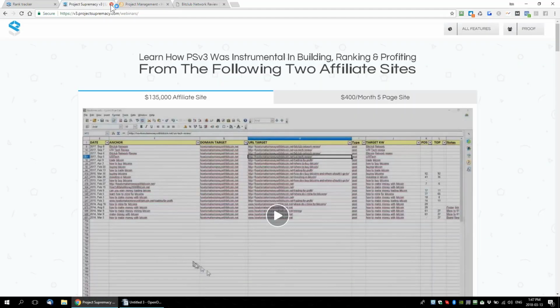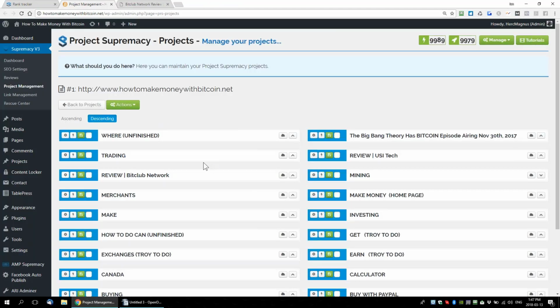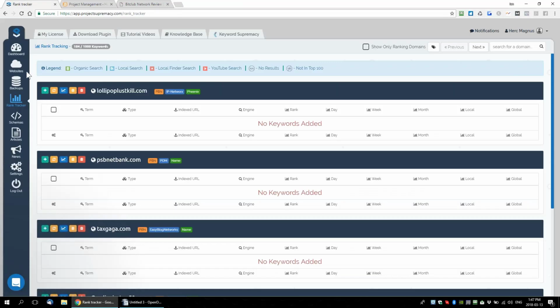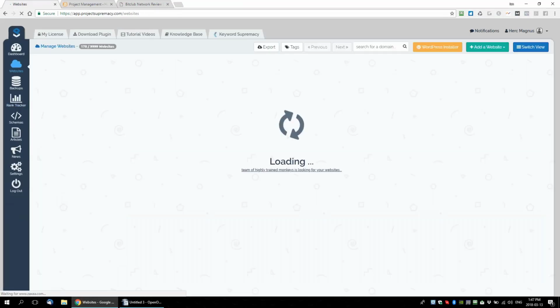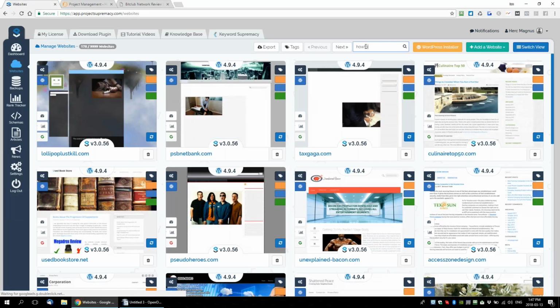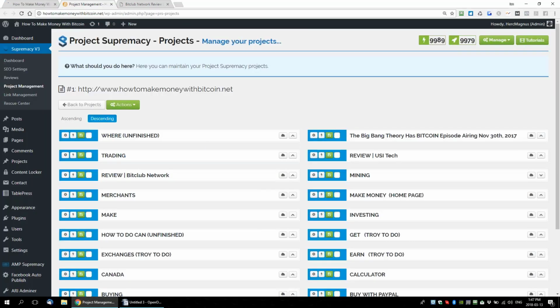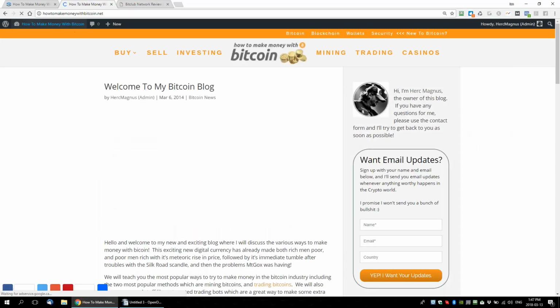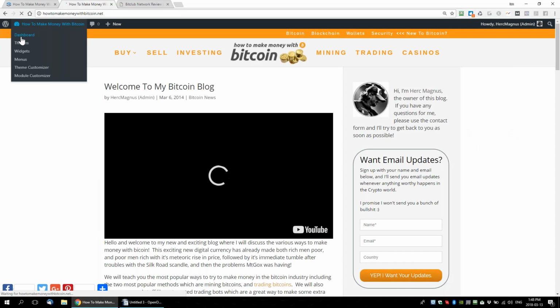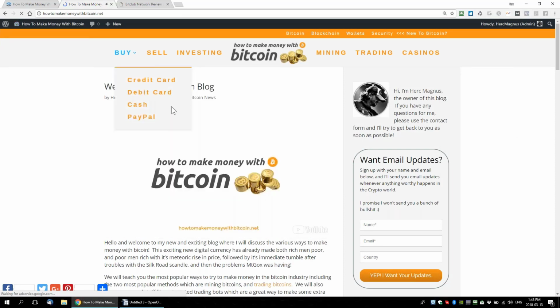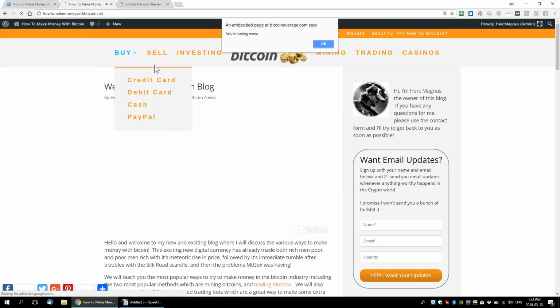So we can hide the plugin. If you're using Project Supremacy for clients, I'm going to go into my site manager, and let's say this Bitcoin site was a client site. Let's just use our imaginations here. How to make money with Bitcoin. And you can see this is the actual site, right? If I'm in WordPress, I can see the Project Supremacy plugin, and your client will obviously be able to see the Project Supremacy plugin,